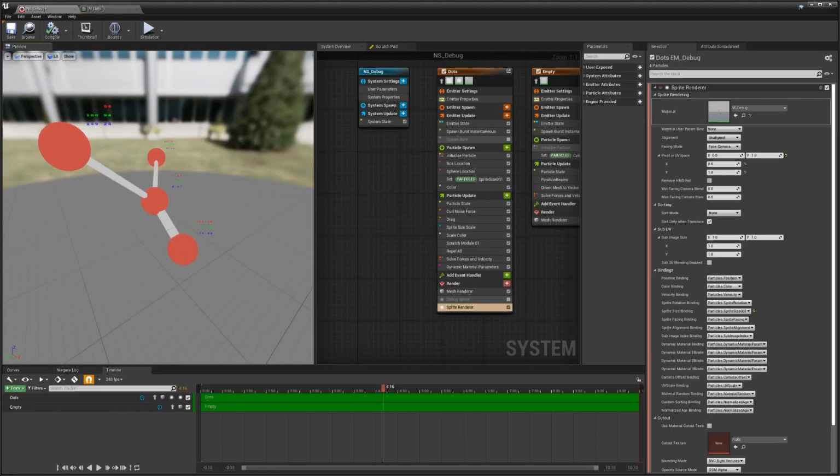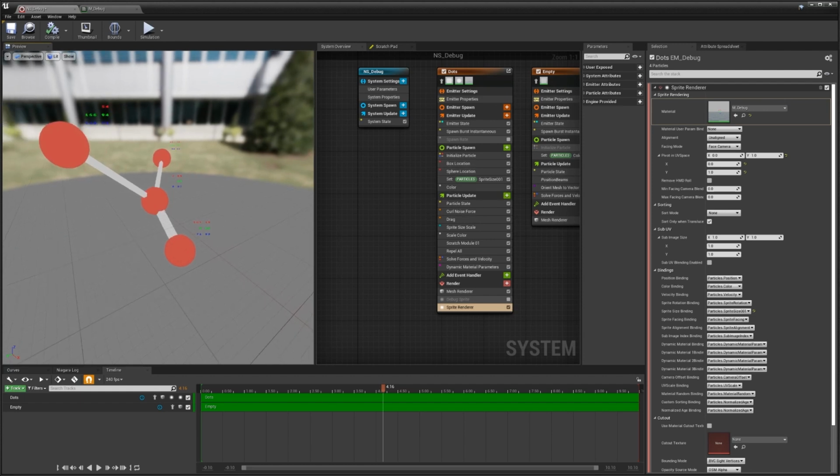You may need to overwrite some of the binding on these particle sprites, especially if you're rendering a sprite by default on your object rather than a sphere. Here, I've overridden the sprite size binding, so that instead of using the standard variable that's getting set, I'm using a custom variable that I'm setting manually.